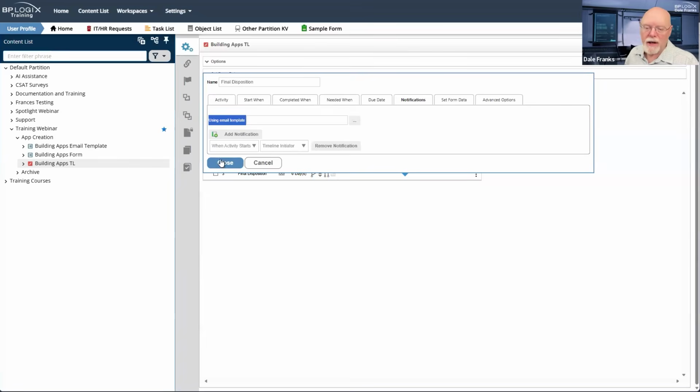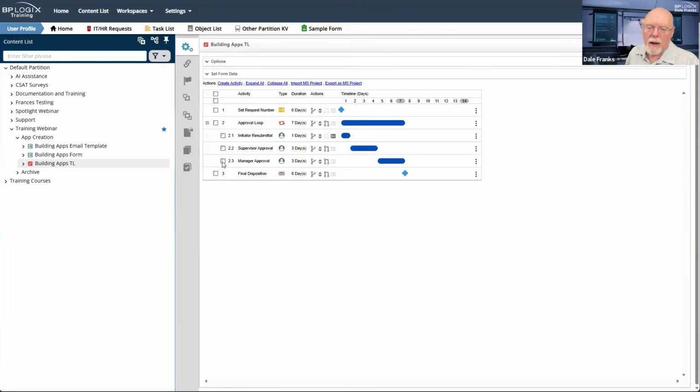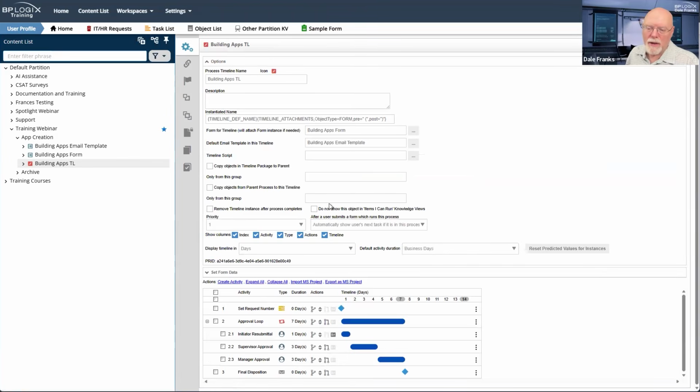Our basic assumption is that in the Options tab, you are going to set a default email template. And by default, that will be the email template that gets sent for every notification.